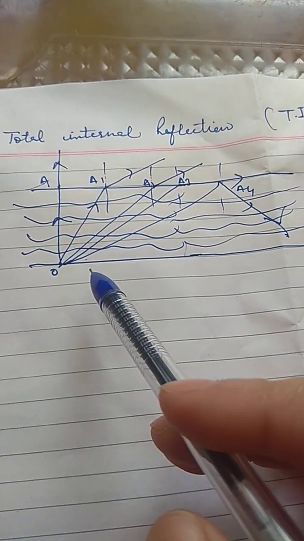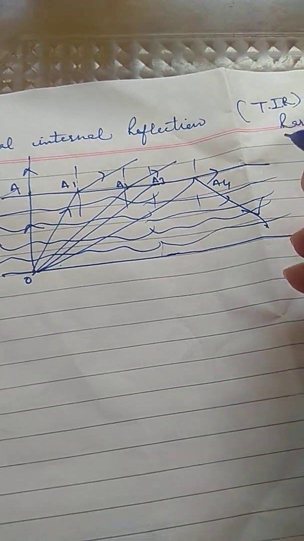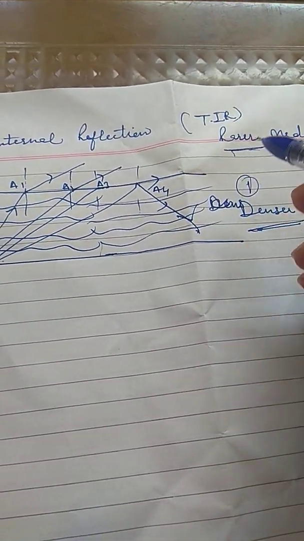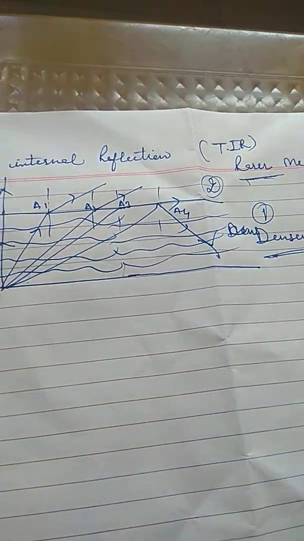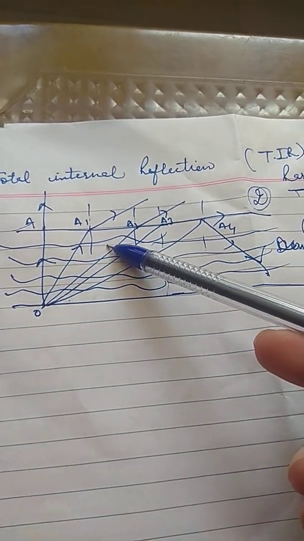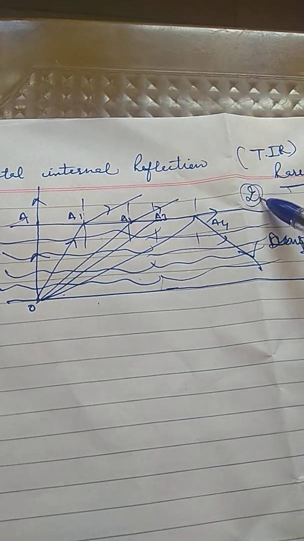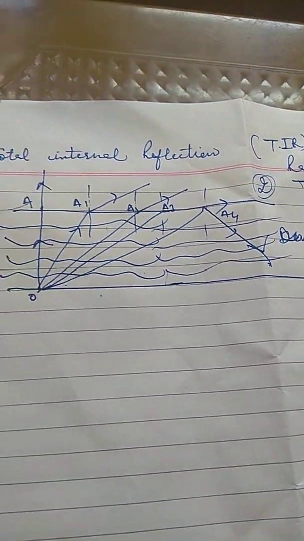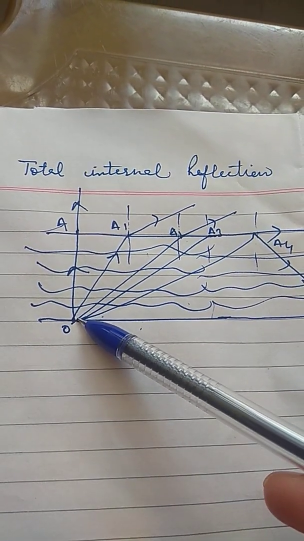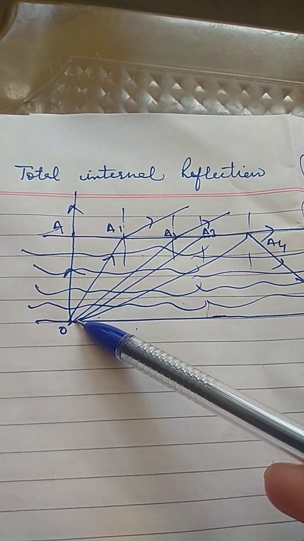Students, let us suppose we have two mediums. This is your denser medium, and this is your rarer medium. This is one, and this is your second. And let us suppose in your denser medium, water is here, and in the rarer medium, there is air. So let us suppose we have an object which is lying on the point O in the denser medium. Now